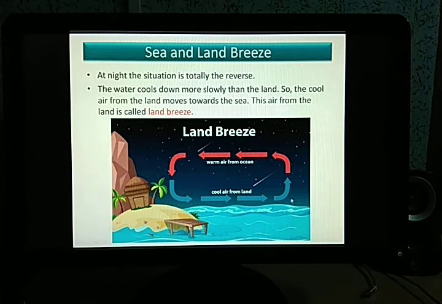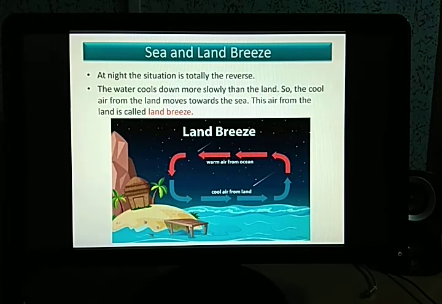And again, the air just above the sea or the ocean, since it has not yet cooled down, will rise above as hot air. Again, air will go back to the land, because the land is cooler now during the night time. And in a similar way, the whole cycle continues. So this is all about land breeze.